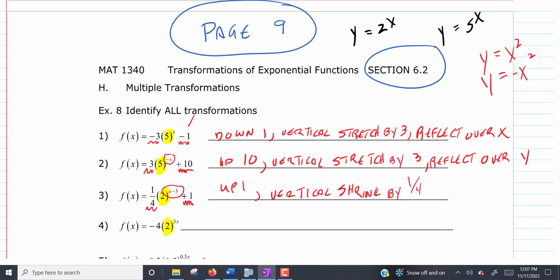Now let me see what you think about this. Now this is x minus 3. It's inside the exponent, so that's left-right stuff. What do you think, right 3 or left 3? Right, okay, good. Remember how everything was opposite? Okay, so see, it's all the same. So this would be to the right 3. Okay, so that's how that goes. Okay, all right, good. Okay, next one, the 4 is a vertical stretch